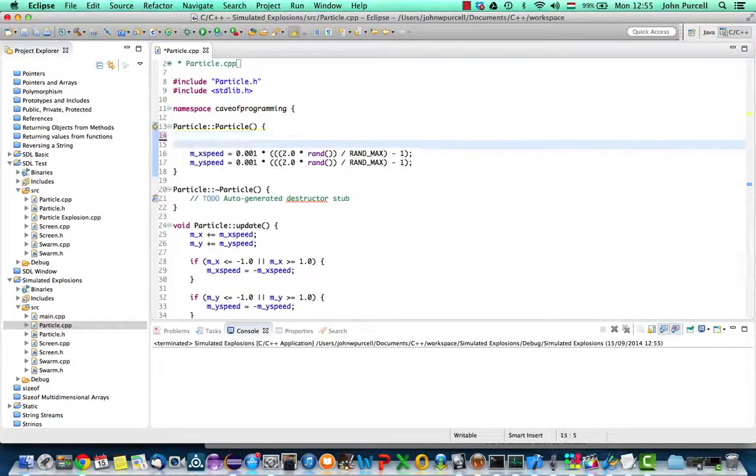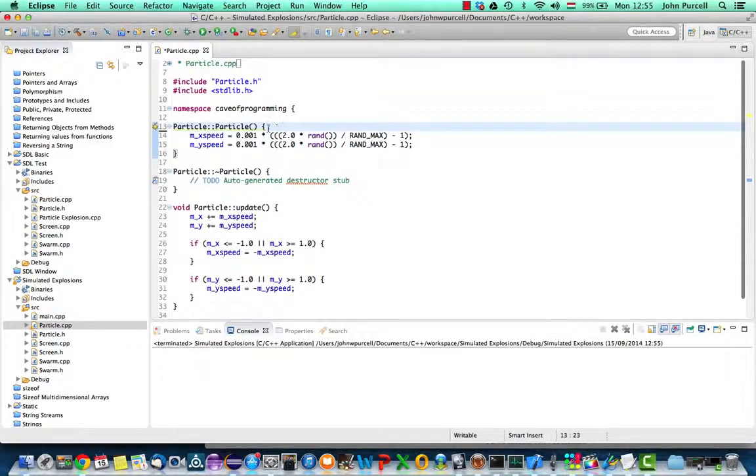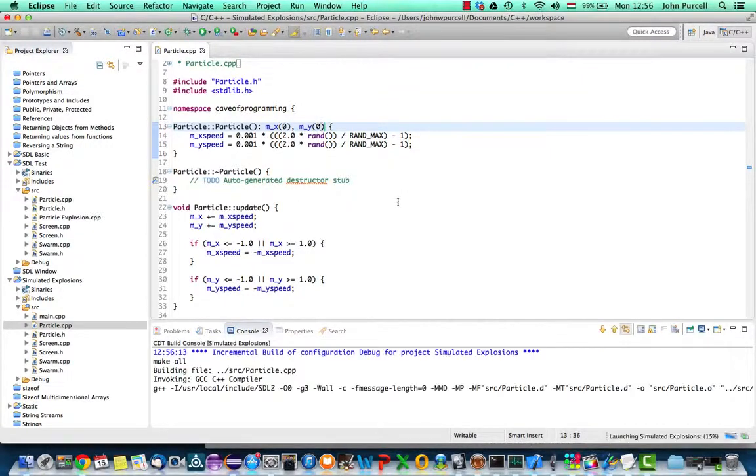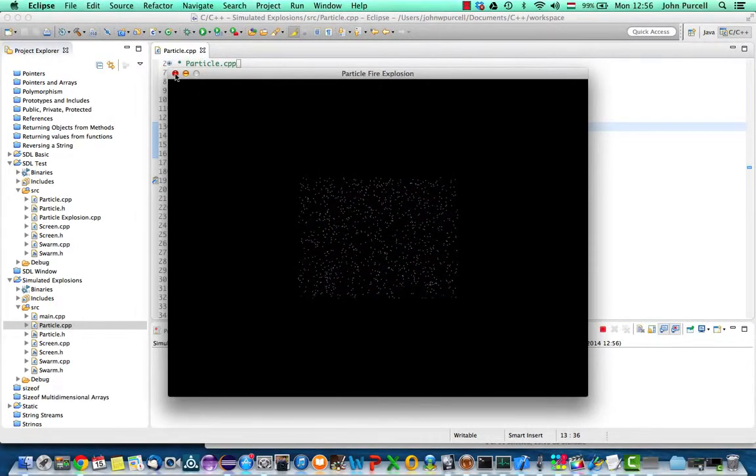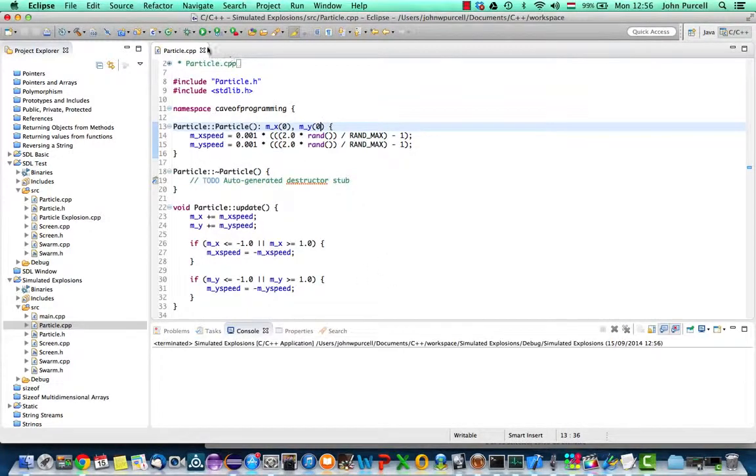Let's get rid of that and instead put the particles using the constructor initialization list here. Let's put them right in the center of the screen, which in our particle coordinate system is at 0, 0, x equals 0, y equals 0. And if we run this now, they start from the center of the screen, but you'll notice there's a rectangular pattern to the explosion. That's because we're choosing the x and y values here